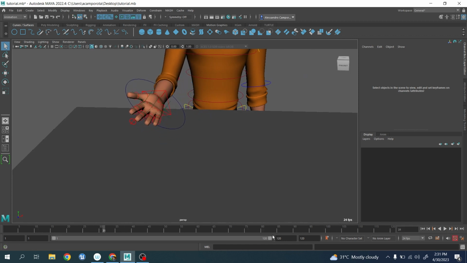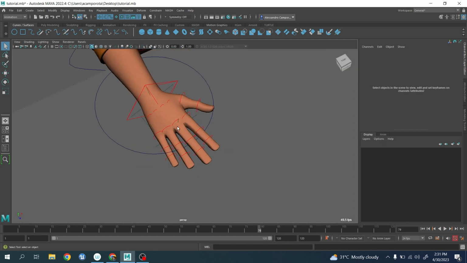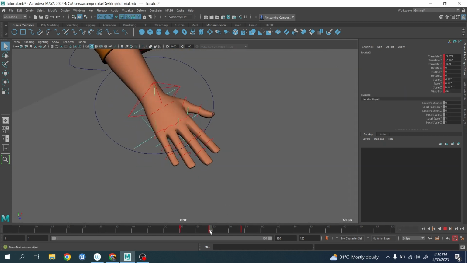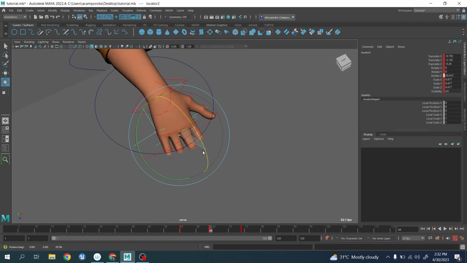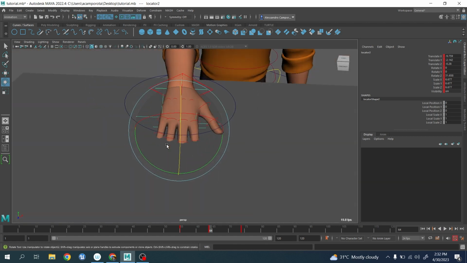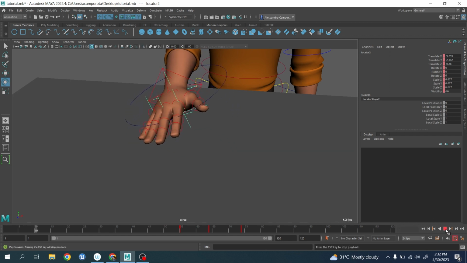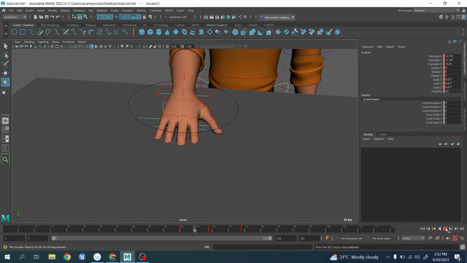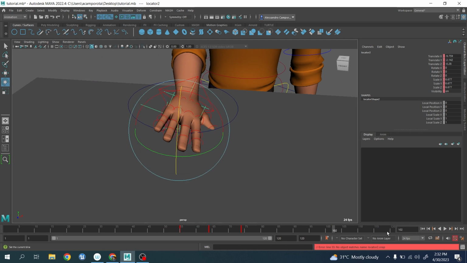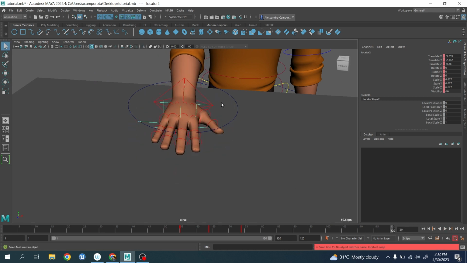Oh, I forgot to put this one here. Revert back what I had before, right? Boom. Obviously, the fingers are not affected. You need to adjust those because those are not in IK or anything, right? But you're getting the point here, right? Now the thing is that once this is done, you need to transfer back the animation